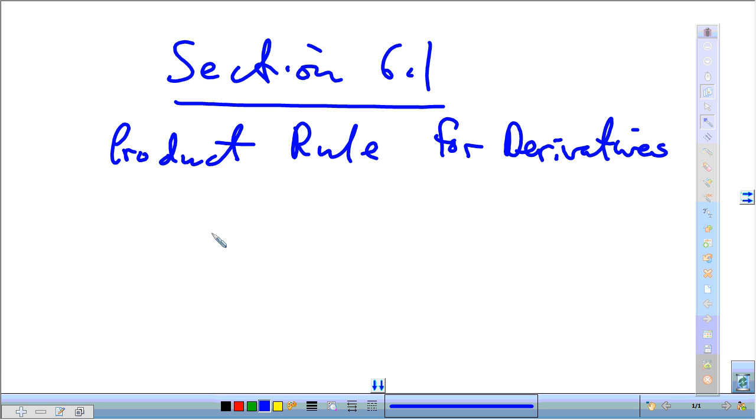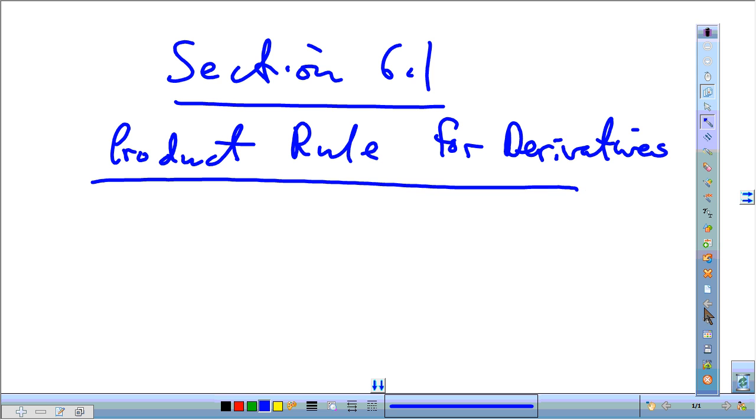We're starting Chapter 6, More Things Involving Derivatives, and that definition and what it leads us to. And so Section 6.1, Product Rule for Derivatives. Now,